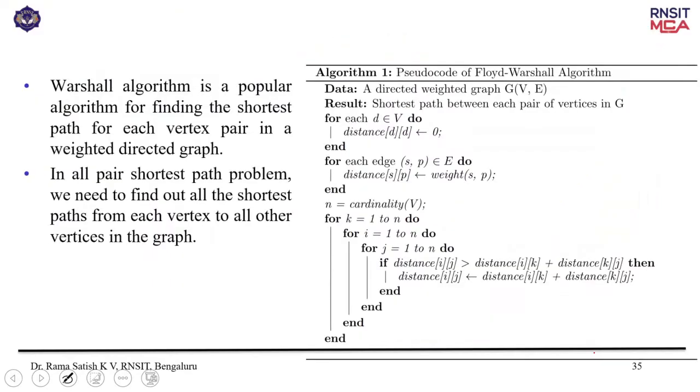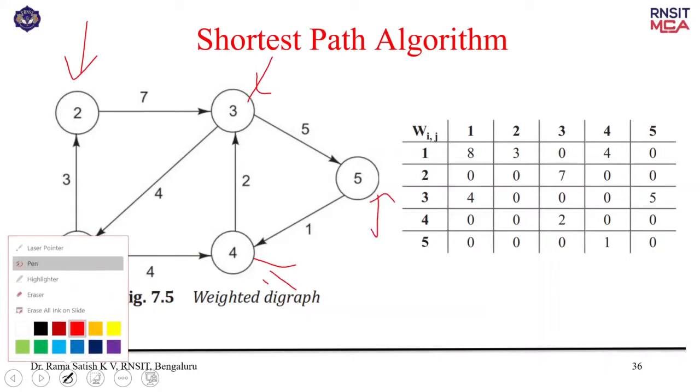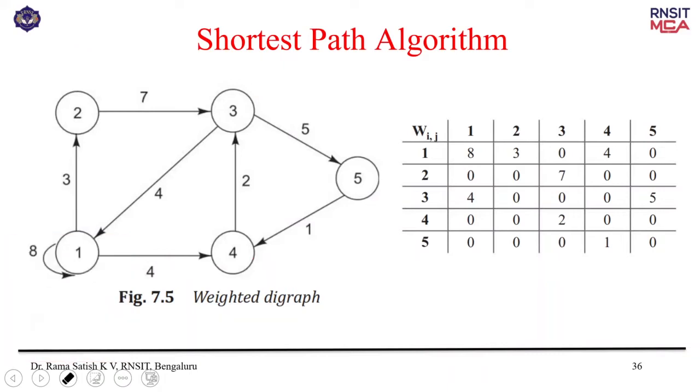So let us take one simple example. Look here, this is one example. This is a graph. We have already seen this. Adjacency matrix we have discussed earlier. So 1 is a node, 2 is a node, 3 is a node, 4 is a node, and 5 is a node. So you have 5 nodes, and these 5 nodes represent some cities.